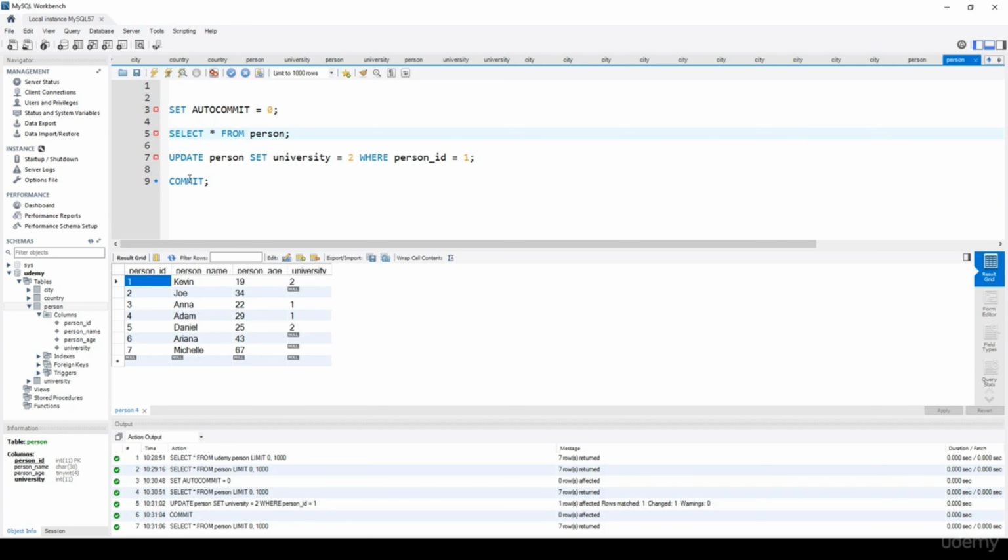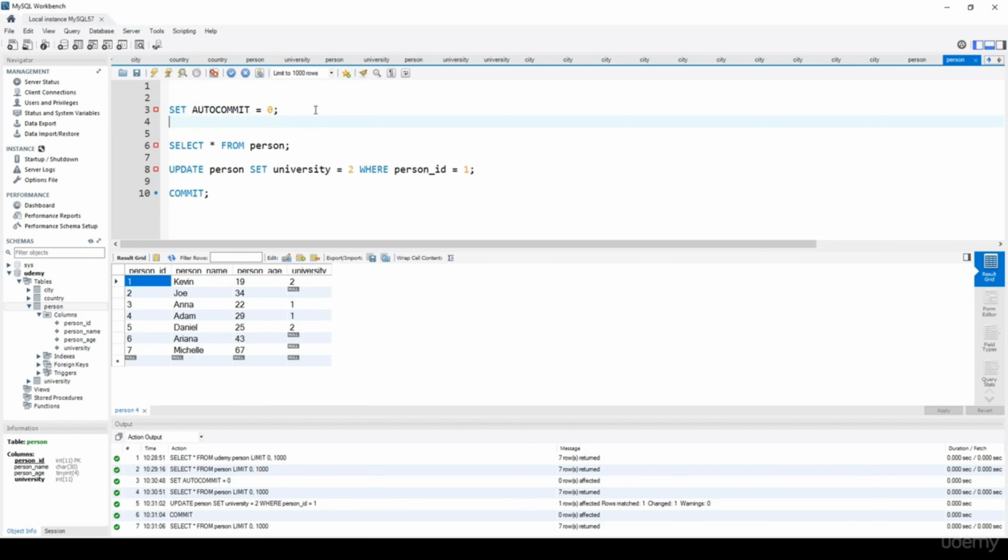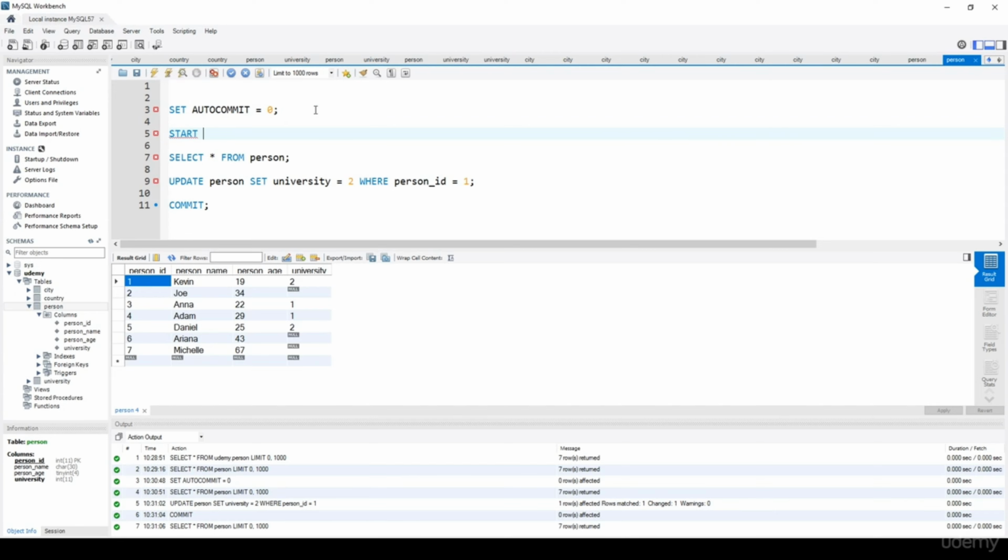So basically, when we call the commit keyword, first of all, if we use set autocommit equals 0, it means that we start a transaction. There are several ways to start a transaction. For example, we can explicitly say that we would like to start a transaction. By the way, we could also use BEGIN. But if we call set autocommit equals 0, it's usually enough. But okay, let's start a transaction